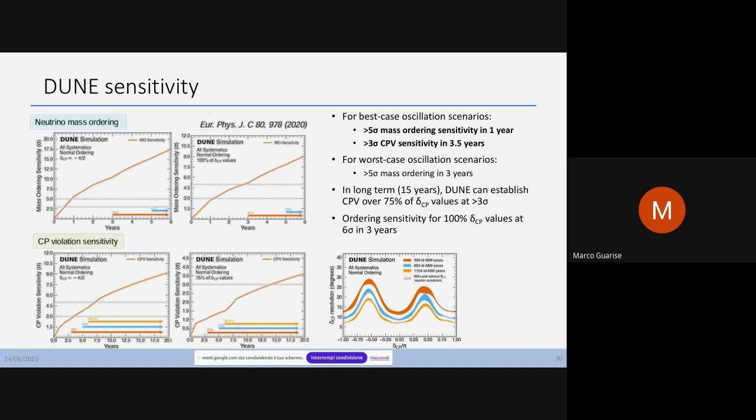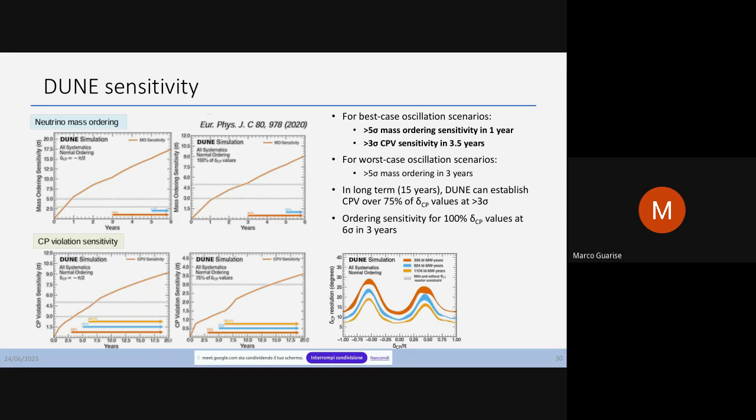This is the best case scenario where the violation phase is maximal. Instead, in the worst case, we should test all the possible values. So in that case, of course, the time increases. So in the worst case, we can give an answer to the mass ordering at 5 sigma in